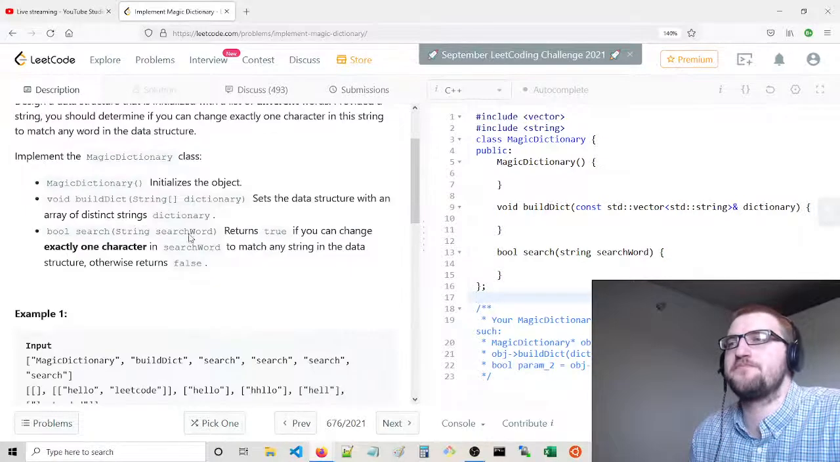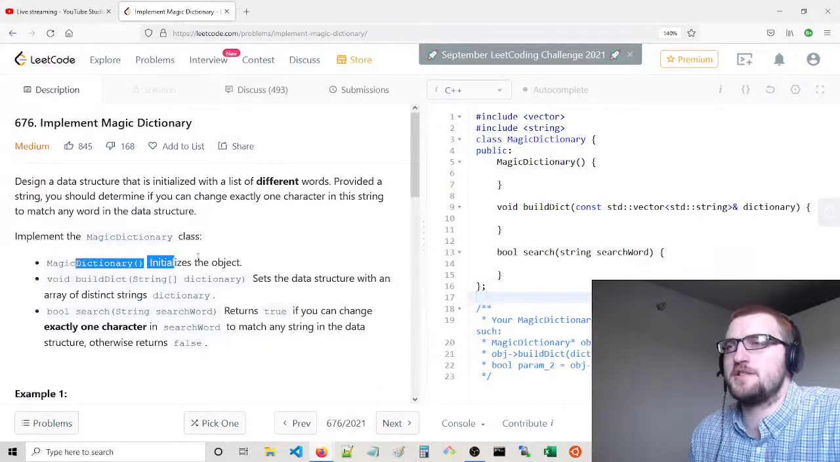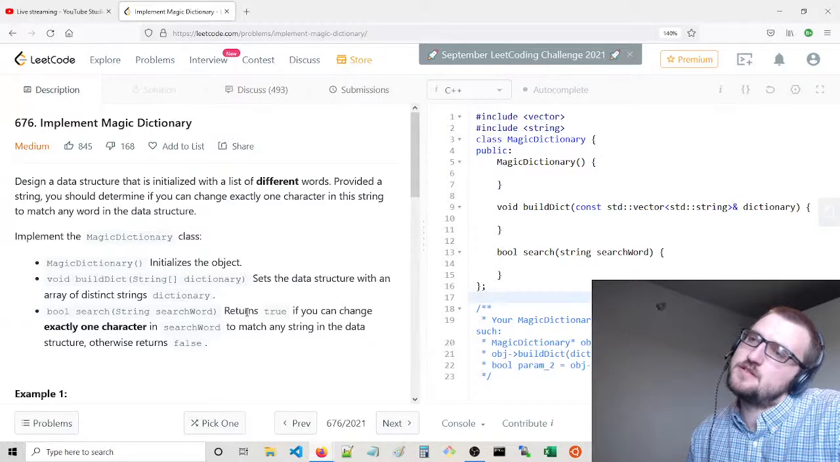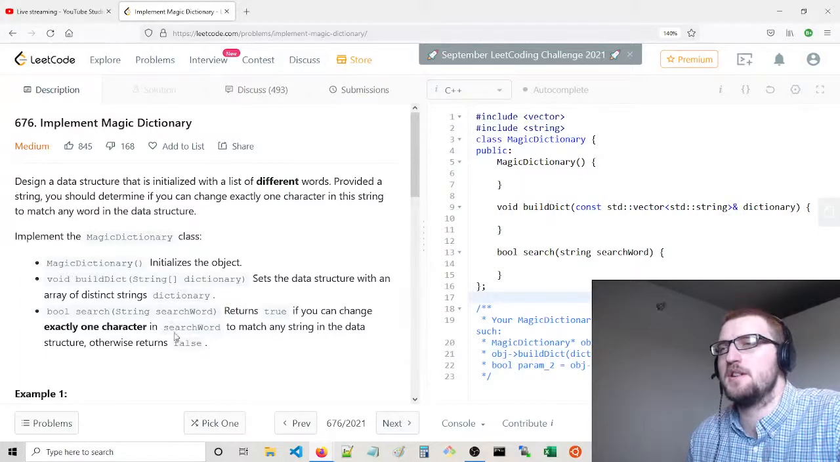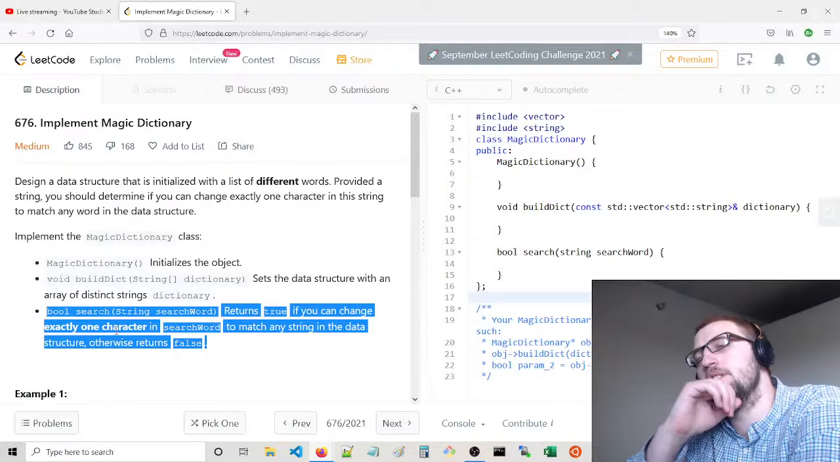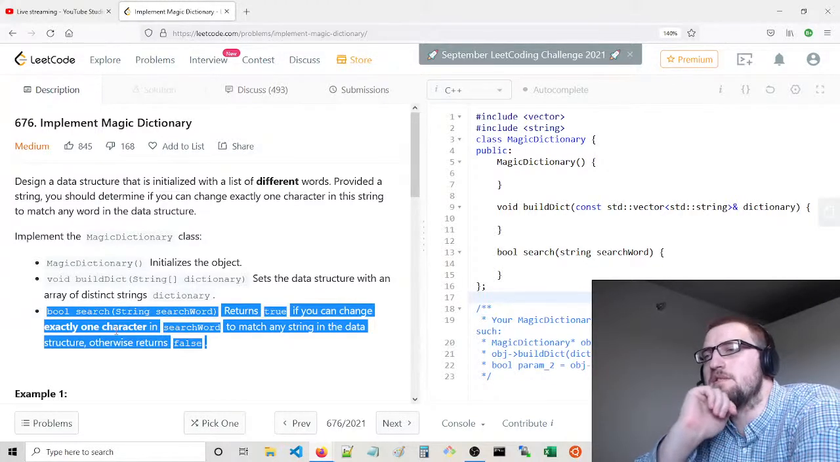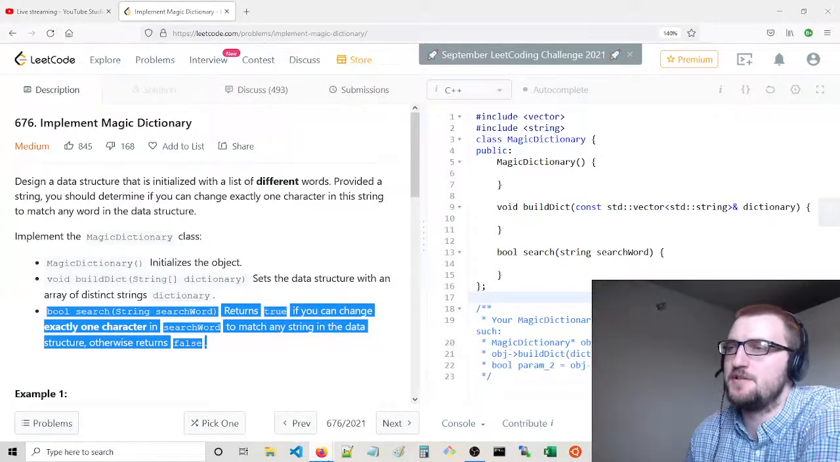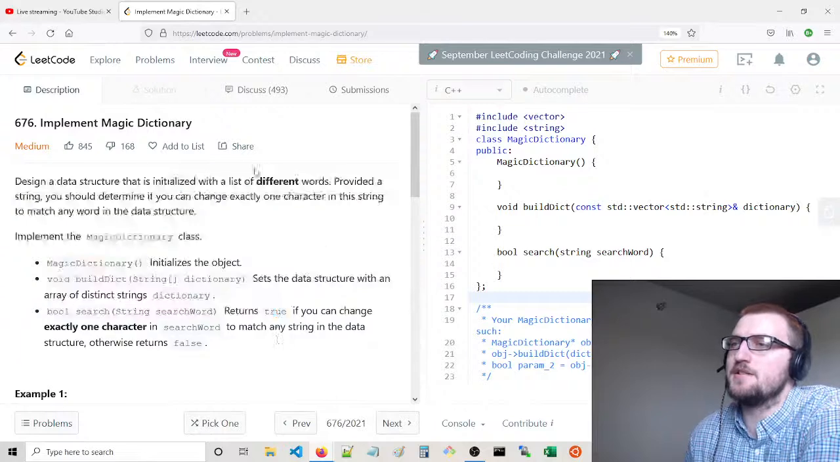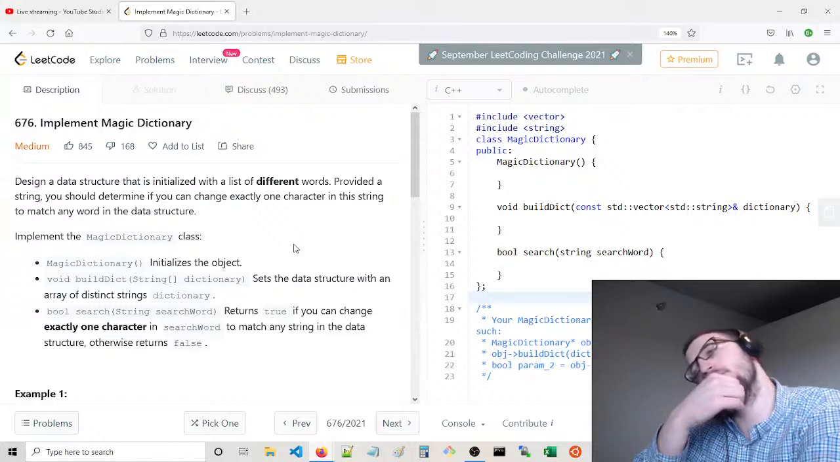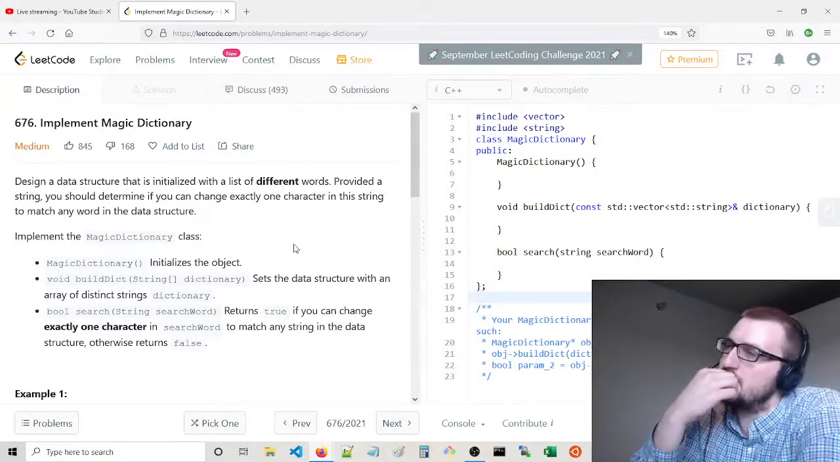Okay, so magic dictionary initializes the object. Build dictionary sets the data structure with an array of distinct strings. Search returns true if you can change exactly one character in search word to match any string in the data structure, otherwise return false. Okay, so I want to do this efficiently, right? So one approach is, your naive approach is you could take the string and